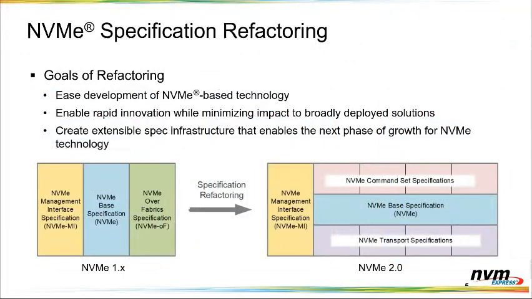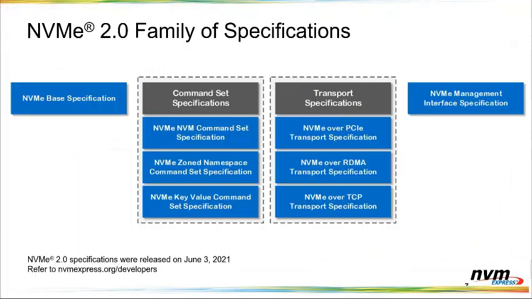And so, with that, we moved to a different model, one where we have our base specification that includes anything that is common across these transports and across these different types of command sets. Then we created different command set specifications to define how the operating system or the host interacted with each of the different types of command sets, whether that be the NVM command set, which has been there since the beginning of NVMe, or the newly defined zoned namespaces command set, or the NVMe key value